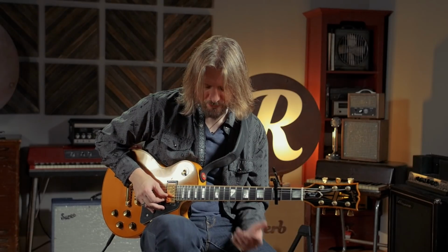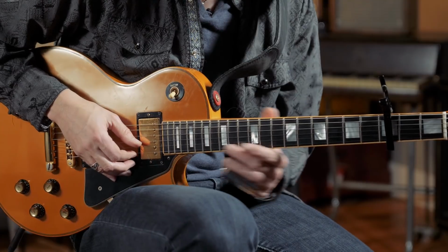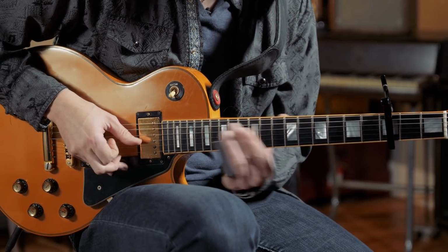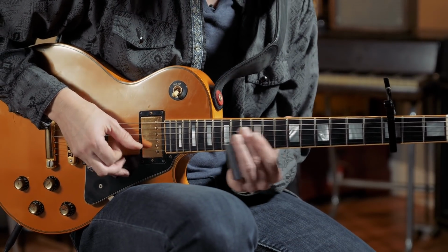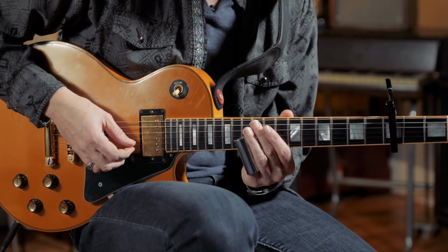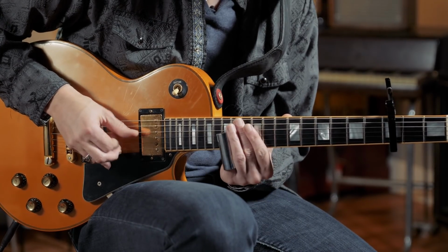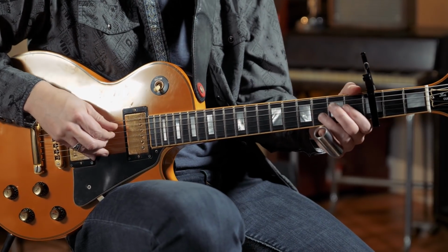I'm picking out the single notes, but it sounds kind of cool when you let those other strings bleed into it to give it that rawness. And then I'm going right down the pentatonic scale here. Fifteen, 13, 15, 13 on the B string, 11, 12. You could always follow with a...